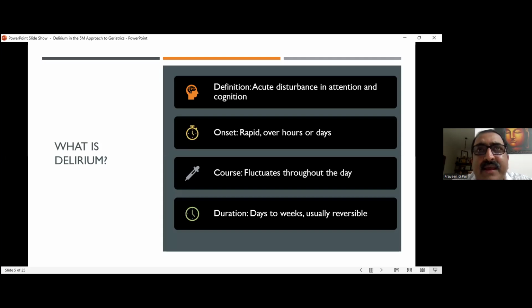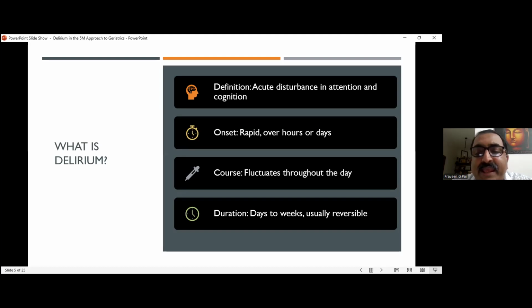So we also should understand it as something to do with the cycle, the day and night cycle, the biological clock within us. It gets disrupted probably. So that is one reason. And how long does delirium stay?